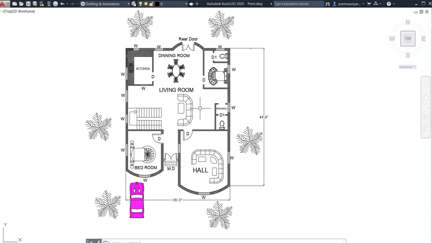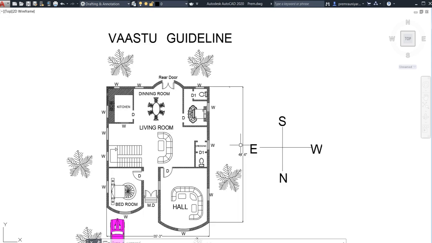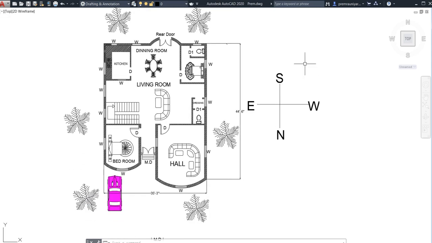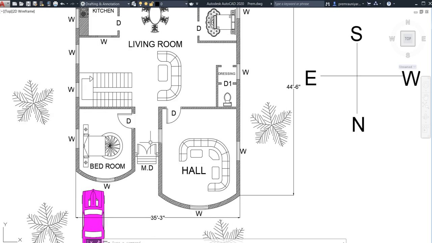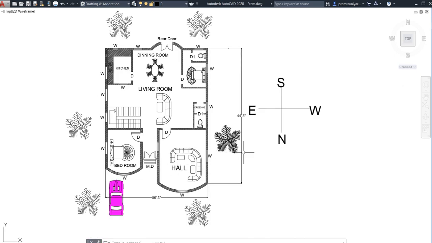So now you can see this is my plan and these are my directions according to that plan. This is my plan, and its main road is in the north direction. If you stand here, this will be your north according to this plan.